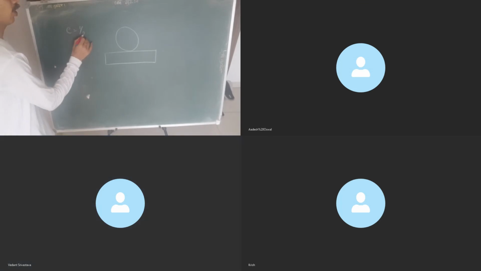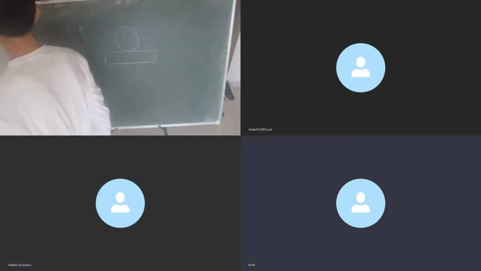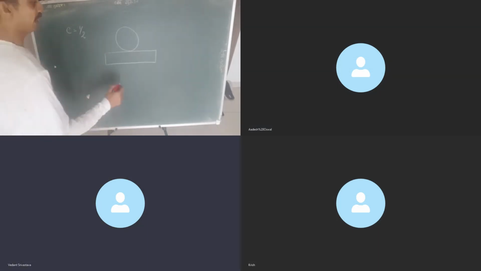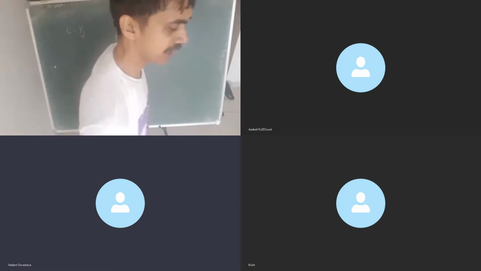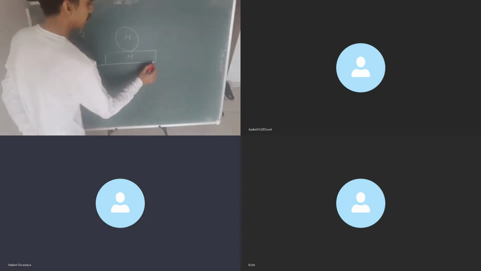If the coefficient of restitution, now this is new, abbreviated by simple e, is equal to half, find: will the sphere slip over the plank